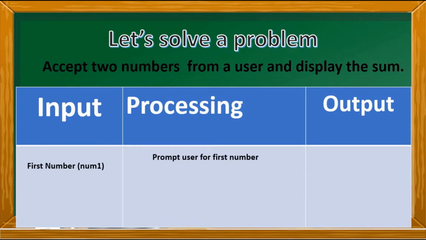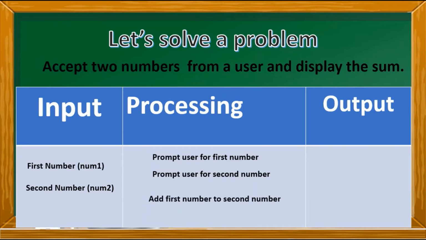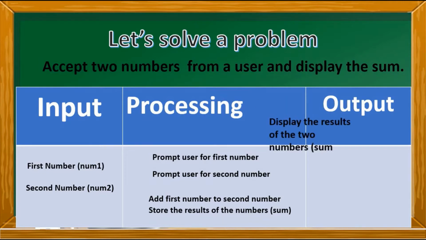Following that, the user would receive a second prompt to enter another number, and then from here the number would be entered by the user. Once the user has entered both numbers that we asked for, the computer would now proceed to add these numbers together and then store them. And finally, once all of this is completed, the user would now be able to see the sum as an